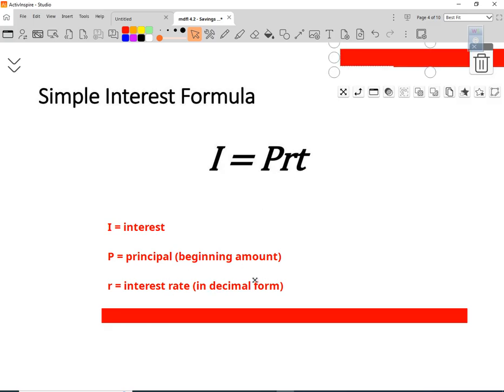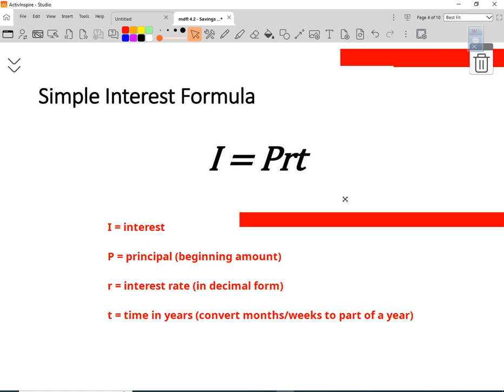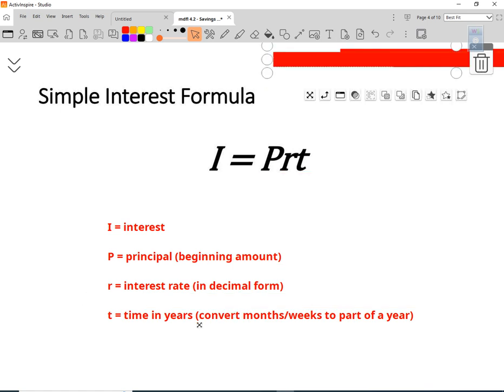So it'll be a percentage, say maybe 8%, but then you're going to convert that percent to a decimal. And T is time in years. You would convert months or weeks to a part of a year, and we typically would convert that to the decimal version of that. Okay,